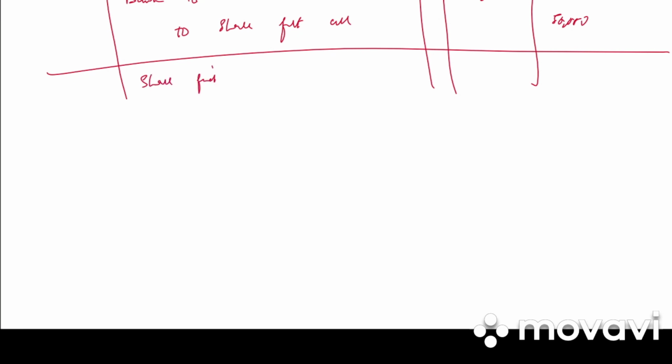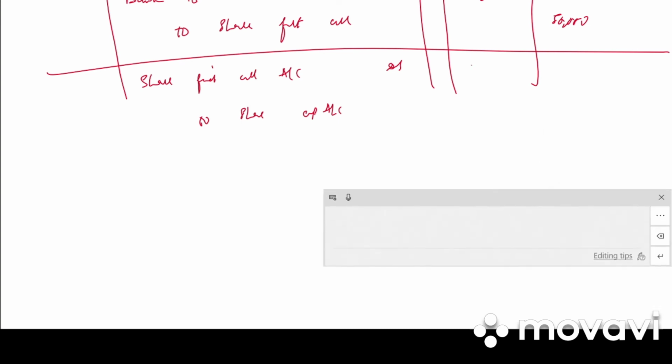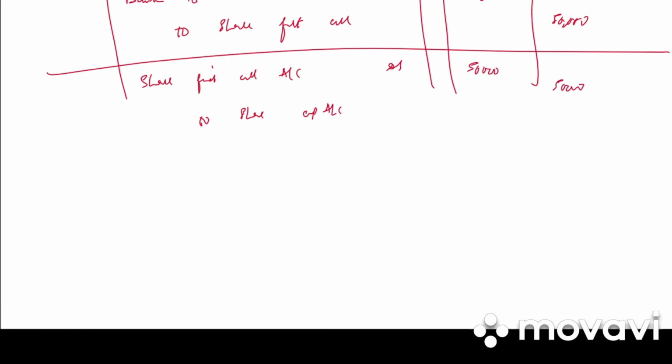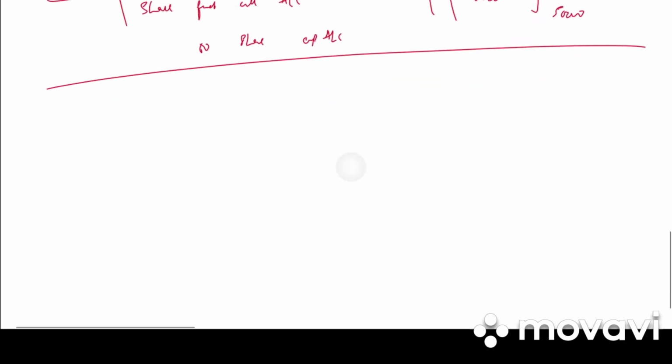Next it is share final call account debited to share capital account. Again it is 20,000 into 2.5, 50,000 debit, 50,000 credit. Write the narration: amount due on final call. Then we have bank account debited to share final call account, 50,000 debit, 50,000 credit. In bracket, amount received on final call. So we have completed the first question, that is pass necessary journal entries.